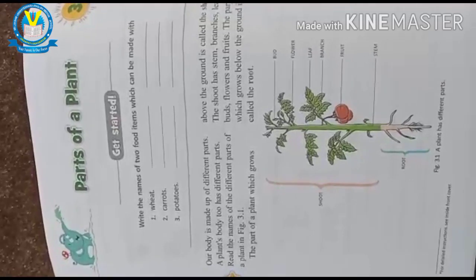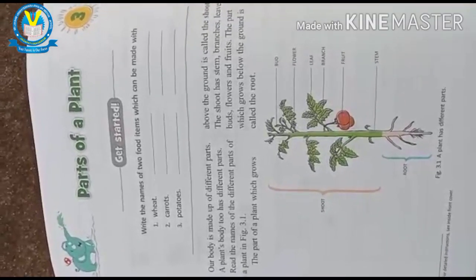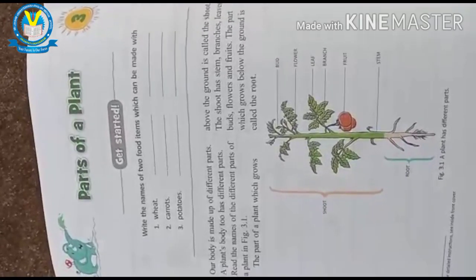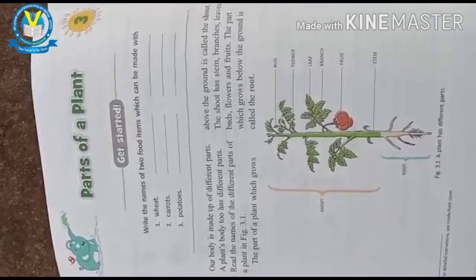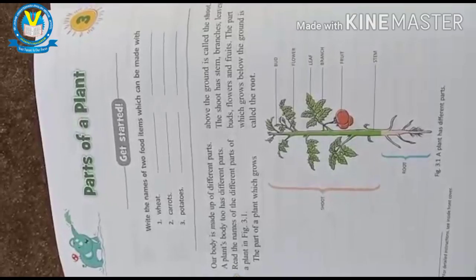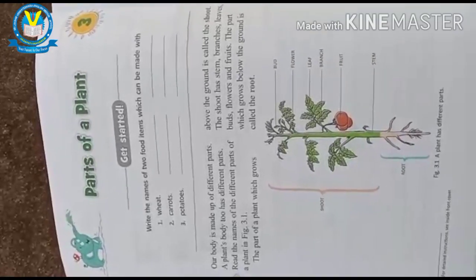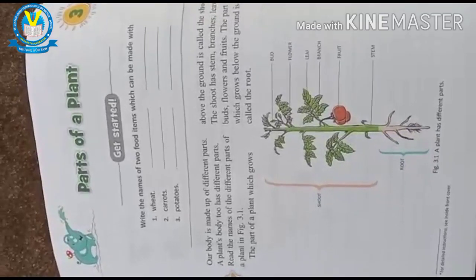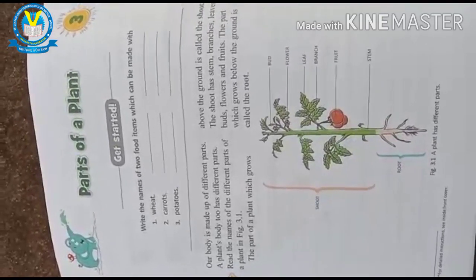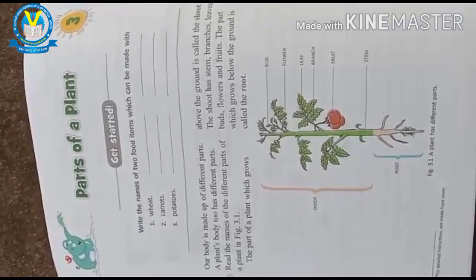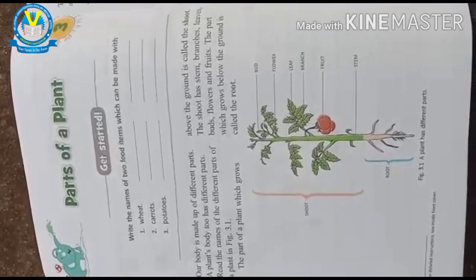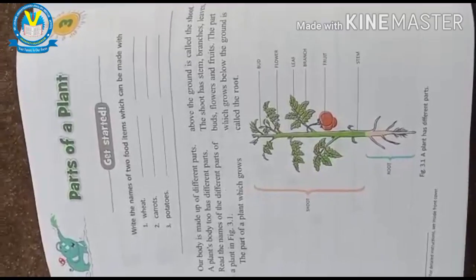Children, today we are going to learn the lesson three parts of a plant. In this situation, we are learning the classes through this online classes. So each and everyone should follow the classes. Why? Because there is a gap between you and the education and us. So to cover this, we are conducting these classes